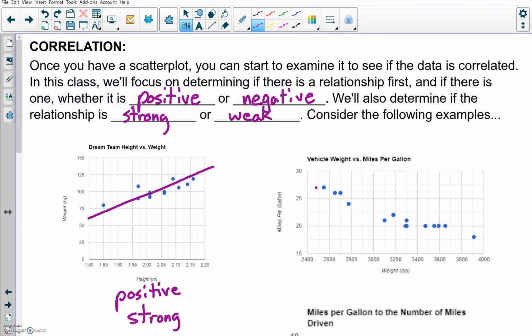And then over here, this one, again, if you draw a line through there, in this case, it's going to be negative. As you go left to right, you're going downhill. So it's a negative relationship. The weight in pounds for your vehicle goes up, you're going to see less miles per gallon. Anybody who drives a big old beastly vehicle knows you don't get as much gas mileage as a little tiny car. But at any rate,